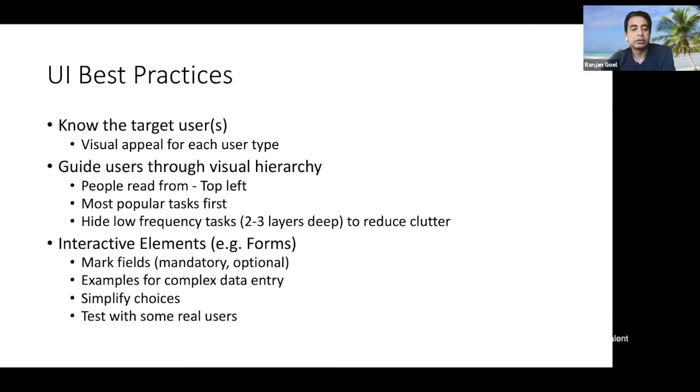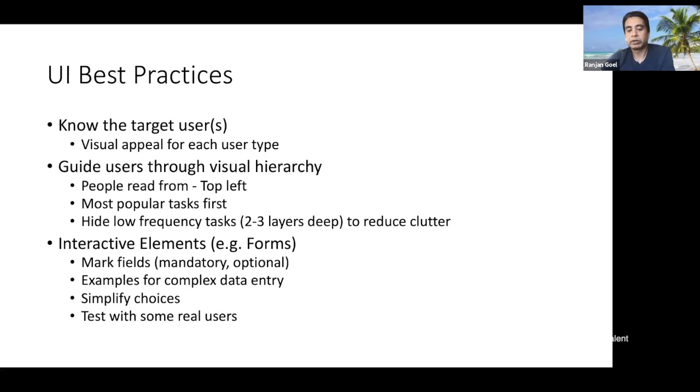Then, once you have a good understanding of your users, you will understand what they want to achieve through the website and what the most popular tasks are. For example, if your website has a list of 20 things different types of people can come and do, you may rank those 20 things and say which ones are the most popular.